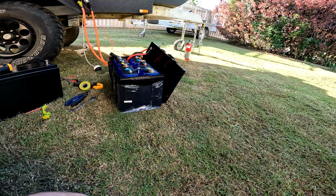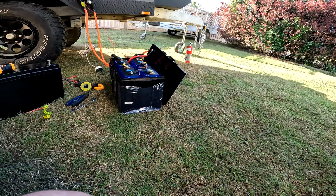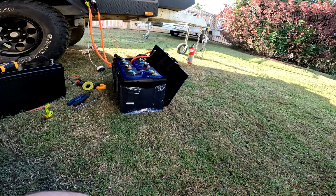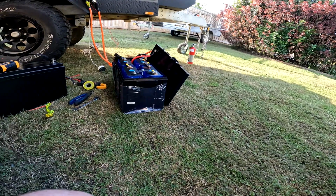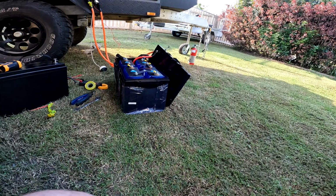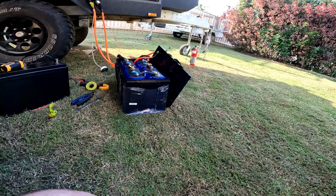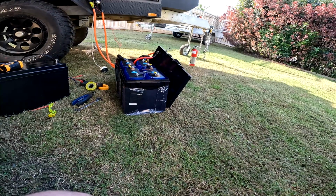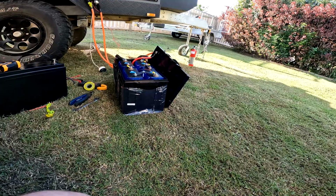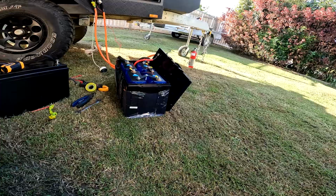But when I completely discharged them, they pulled 252 amp hours. But for some reason, when I charged them back up again, they took more current. So it's like I exercised the cells a little bit and somehow they took a little bit more current. I don't know how that is possible, but for some reason I think they're going to pull more current this time, more amp hours,